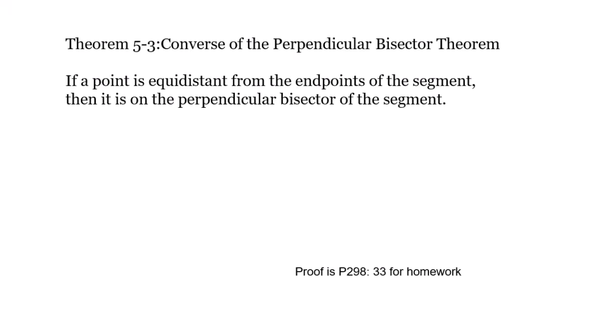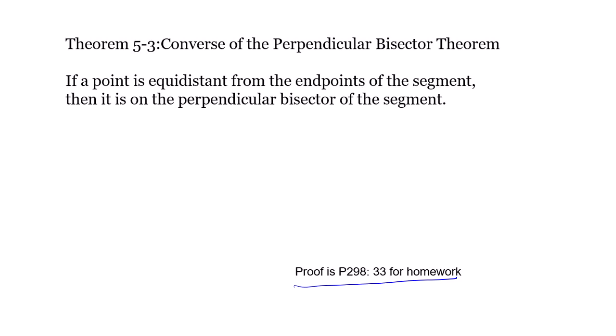So here's theorem 5-3. It's something you're going to prove yourself in your homework. But I just wanted to show it to you here. It's the converse of the perpendicular bisector theorem. So basically, instead of saying if a point is on a bisector, then it is equidistant from the segment's endpoints,